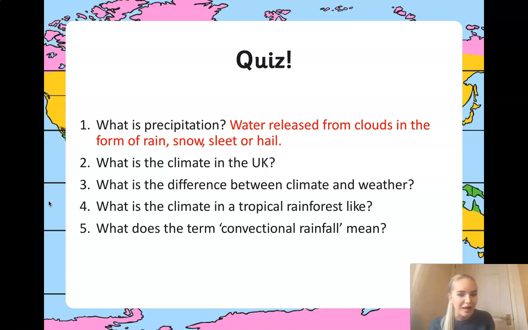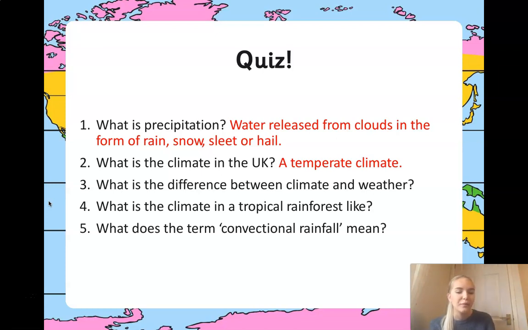Do you remember what climate we have in the UK? Well done, we have a temperate climate. Do you remember what temperate climate means? That's right, which means it's never extremely hot and it's never extremely cold. Well done. Now, thinking back right to the start of the lesson, do you remember the difference between climate and